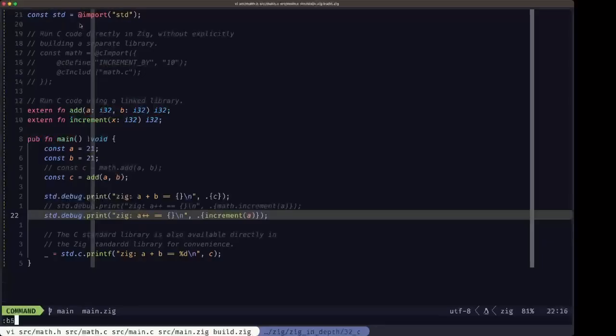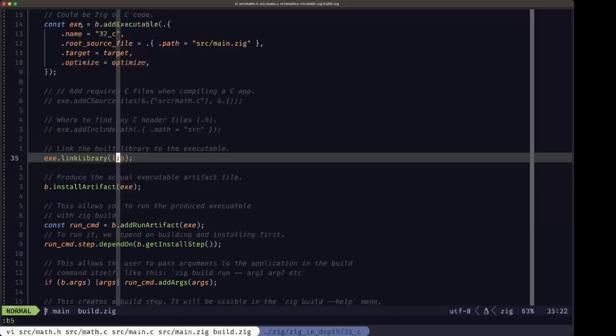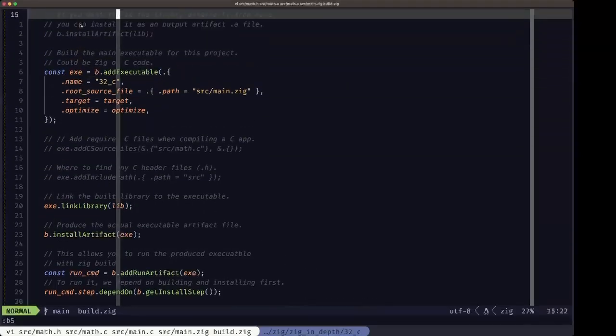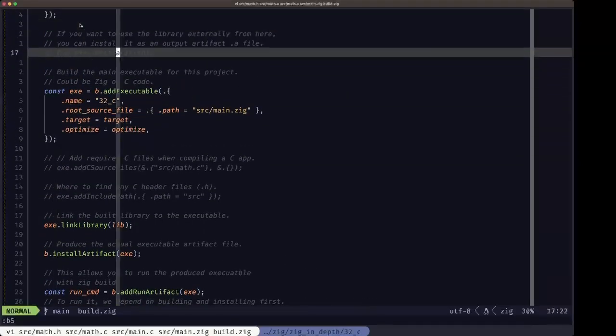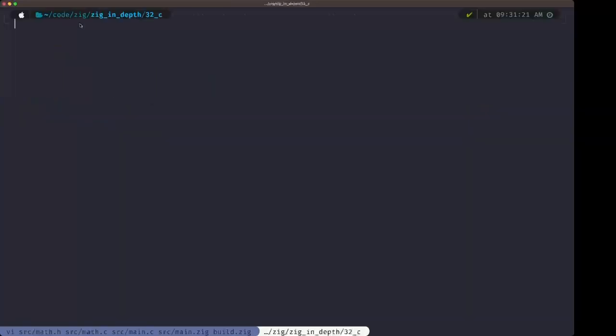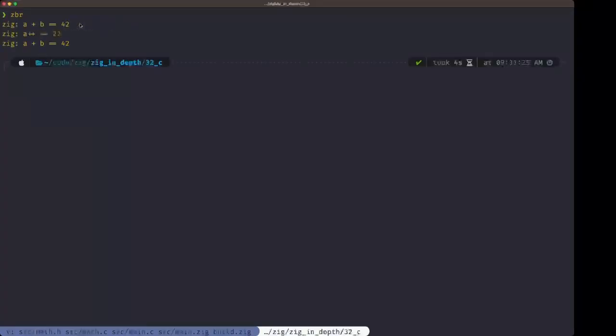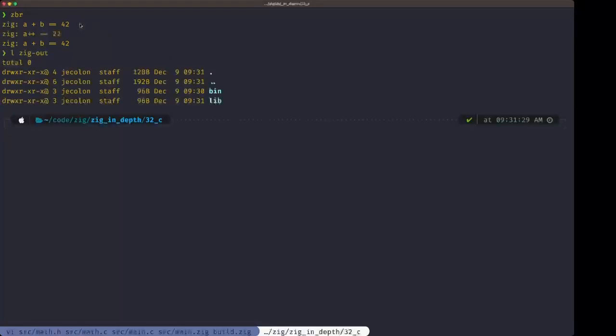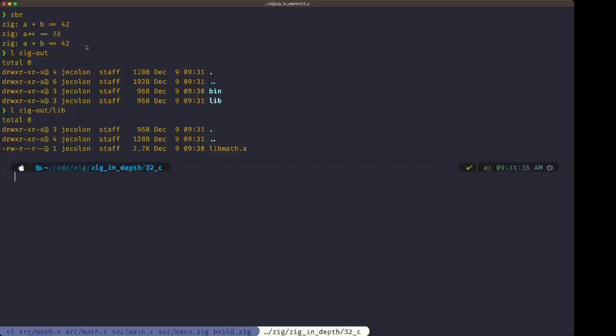Let's go back to our build.zig, and we have this line, where is it? Here, install artifact lib. We uncomment that. Let's clear the screen. Let's build once more. Okay. Now, if we look at zig-out, we see that we have indeed that lib folder now, okay? And if we look inside that lib folder, we have libmath.a, okay, which is the convention